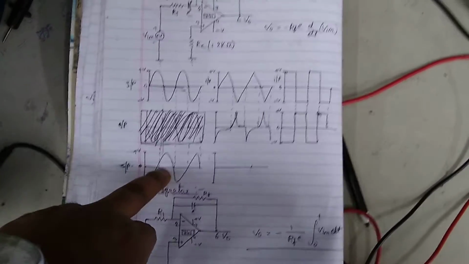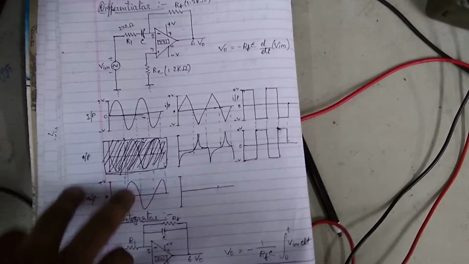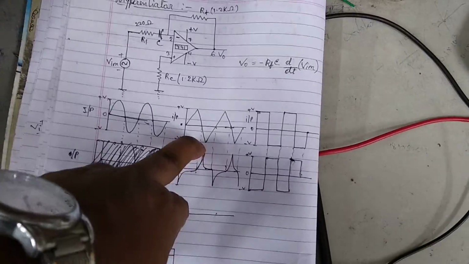If we apply a sinusoidal wave, we will get a negative cosine wave because of the op-amp inverting terminal. In mathematics we get a positive cosine wave if we differentiate sine, but in the op-amp circuit we will get a negative cosine wave because of the inverting terminal. And if we apply a triangular wave,